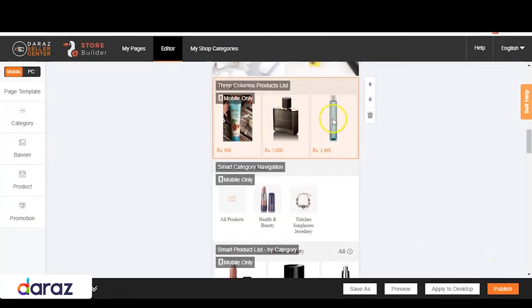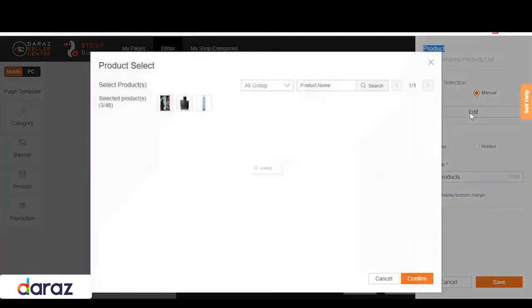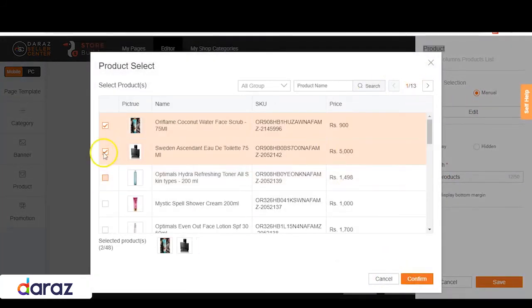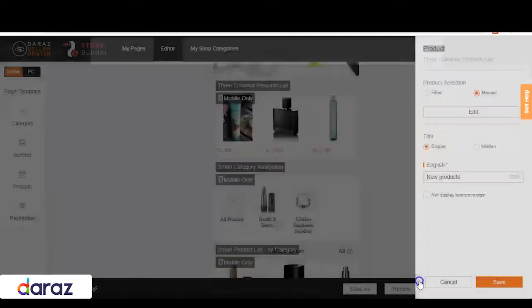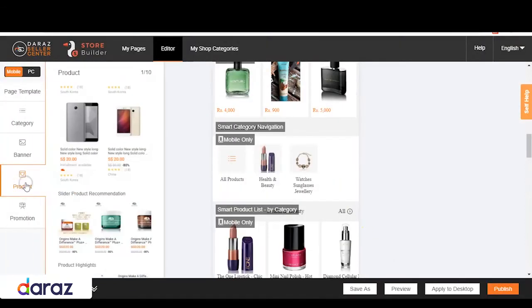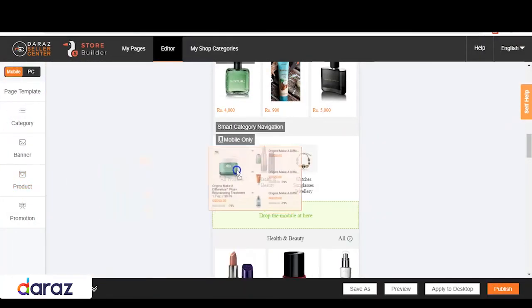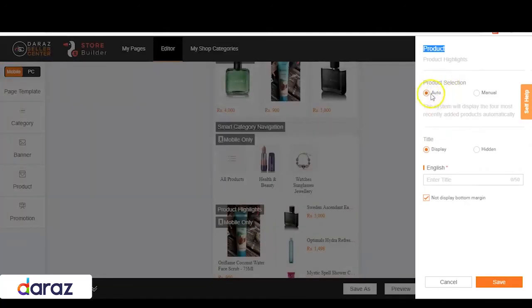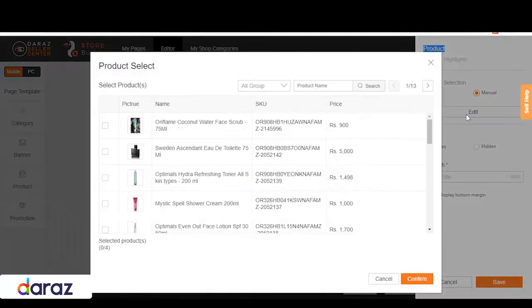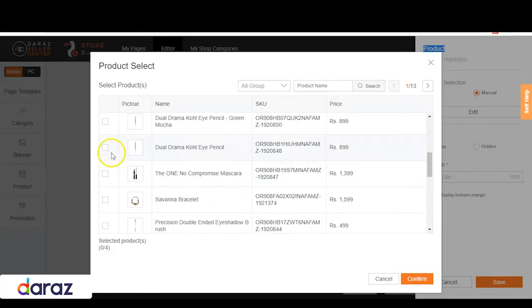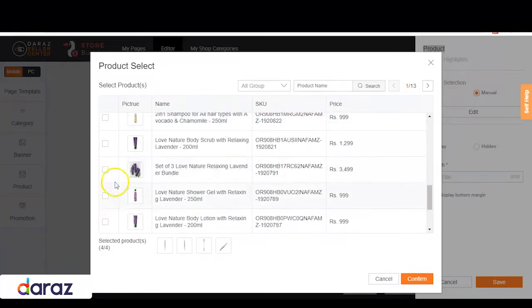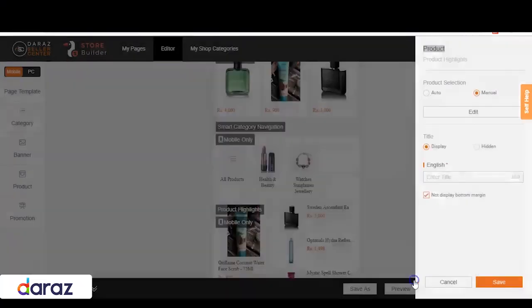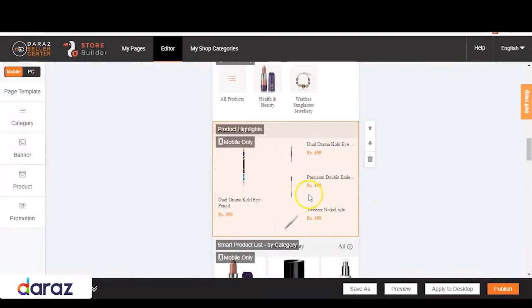You can always change highlighted or showcased products you want to display on your store page by simply following the steps shown earlier and selecting new products after deselecting the previous products you wish to showcase. You can add more than one segment to showcase your products. This can be extremely useful for keeping your store page uncluttered and provide a better visual experience to your customers on Daraz. You can use multiple product segments to showcase various products on the same category in each segment.